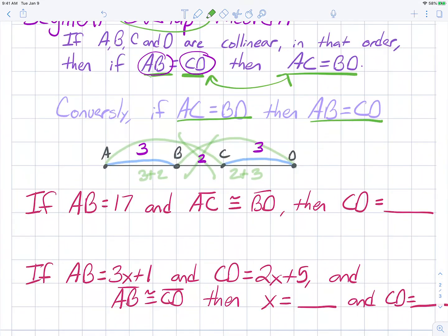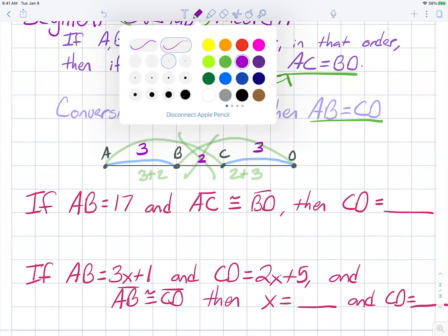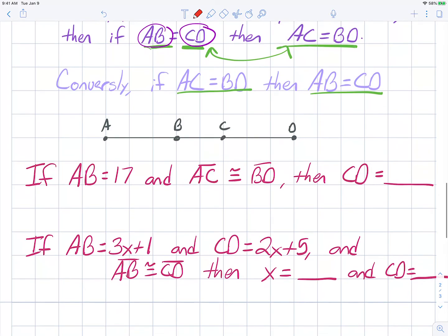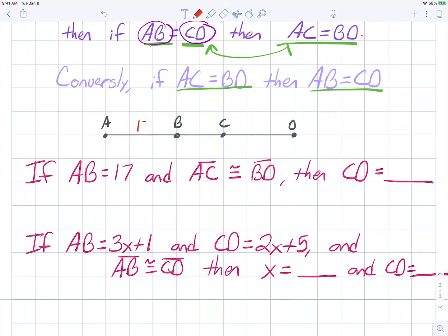So let's see if we can do this. I highly suggest that you draw yourself a picture for these ones. It's going to help a lot. So I'm going to use my picture right here and delete all of my lovely stuff. So again, this is your paper. So if you want to draw one in pen and then lightly write over it in pencil as you go, go for it. So if A to B is 17 and AC is congruent to